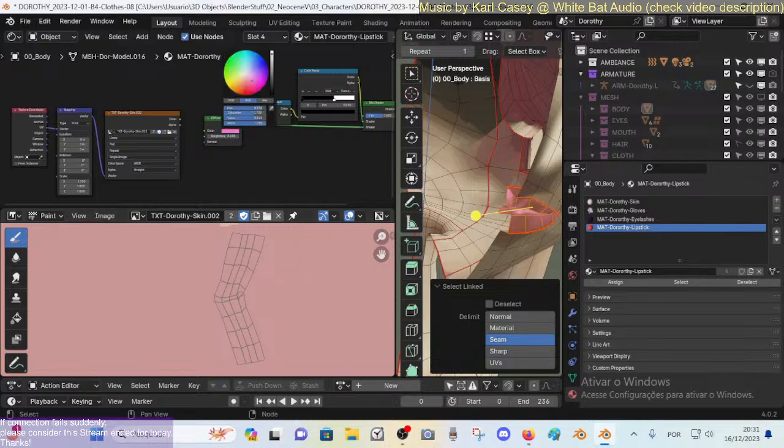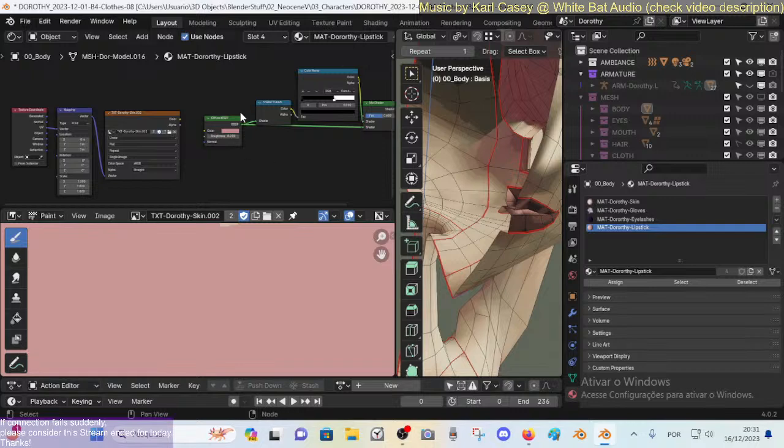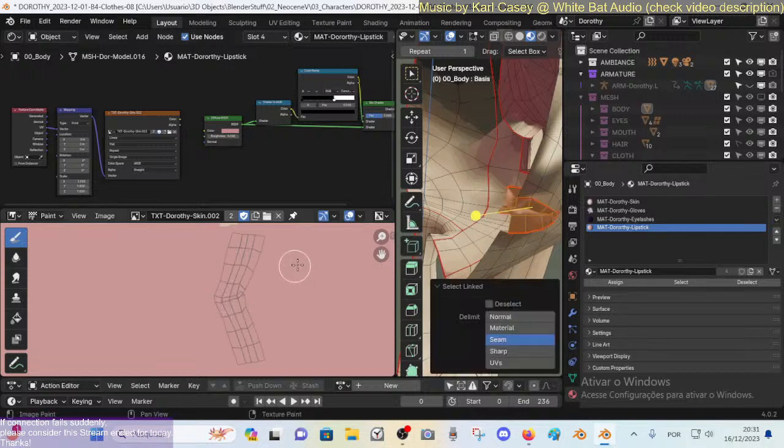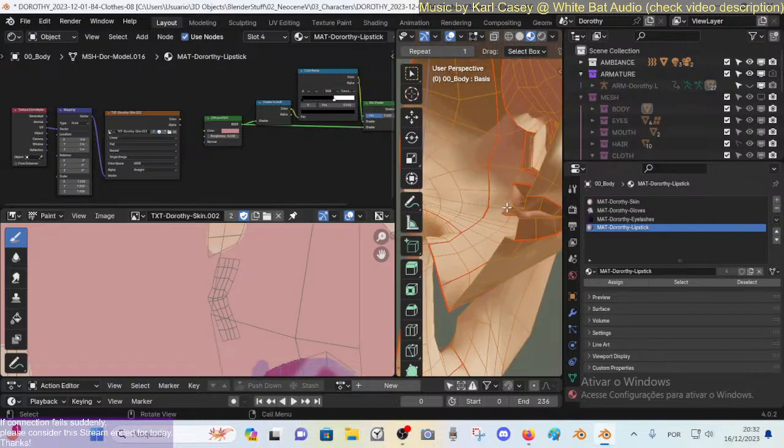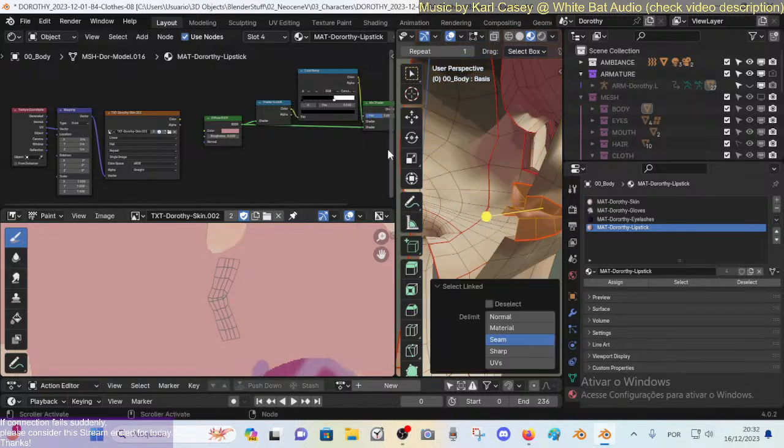I can change this color, doesn't really matter. So let's give it a brighter color, more neutral color, and then let's try to select the UVs here. This is the paint mode, the image editor. So I want to